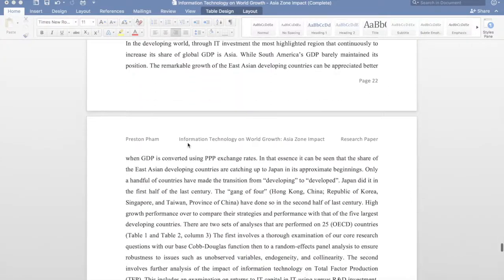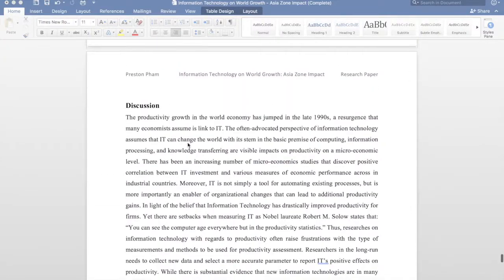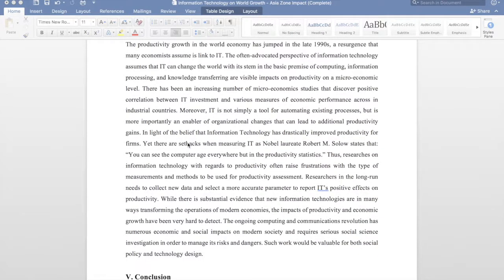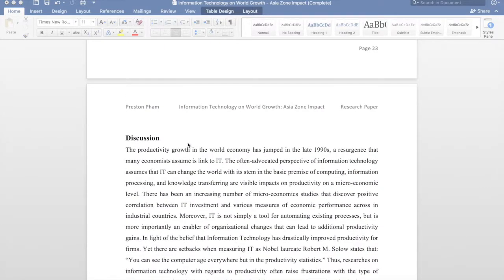So at the very end, I want to go down to the discussions. In this discussion, I previously mentioned that some of those developing countries do accept FDI, foreign direct investment. So as a recommendation for the future, I wanted to see if I can find data for the research on that, and see if FDI has some kind of effect on these Asian developing countries